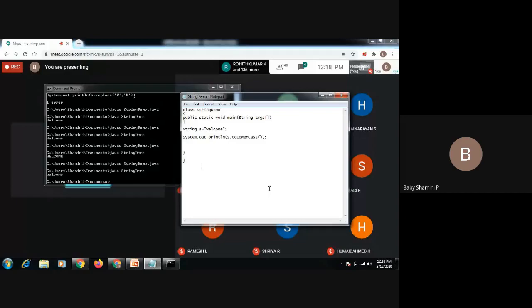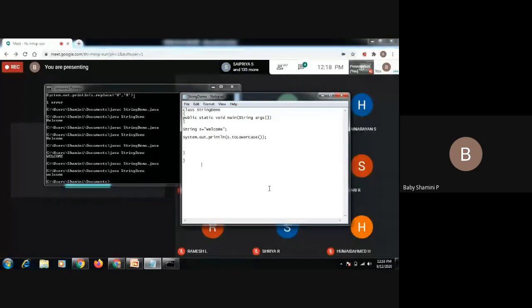And next, the replace function. What does replace mean? If you want to change an existing element present in the string to a new string, we have to use the replace method: S dot replace of old string comma new string. And next we have the lowercase method and uppercase method. It converts all the elements to uppercase letters and lowercase letters.